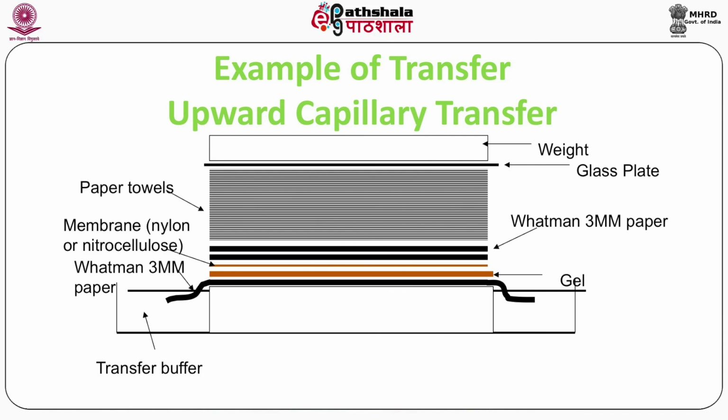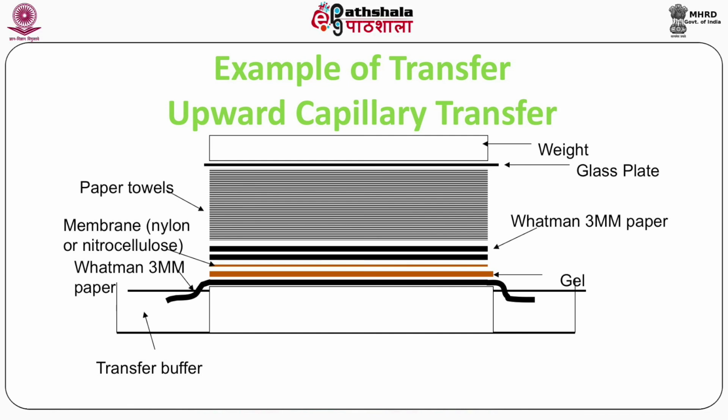So, this is the basic pattern which I was talking about a little before. You have a gel, and on top of the gel we place those membranes, those solid matrices, because the whole purpose is to take the molecules out of the gel, because the gel is not a very stable stuff, right? It is going to degrade, it's going to tear off. So, you are going to transfer them into a solid matrix, which is a PVDF or a nitrocellulose membrane, and then we put different layers of blotting papers as cushions.